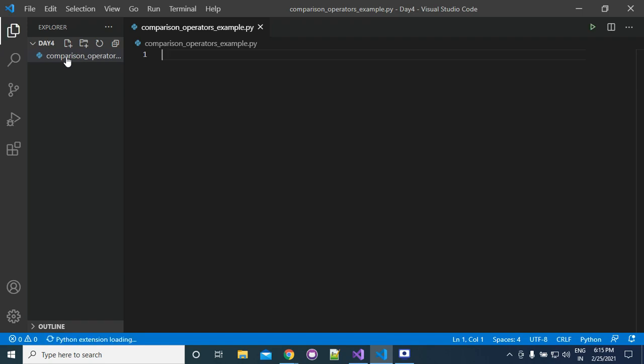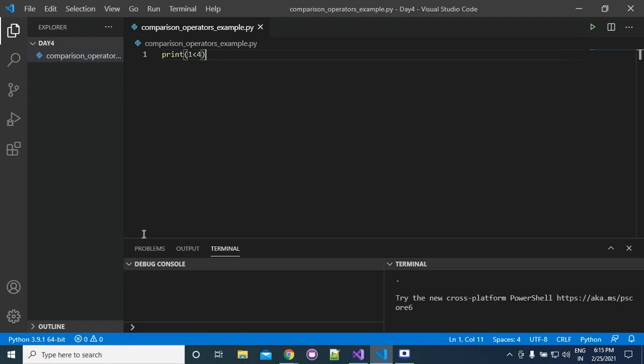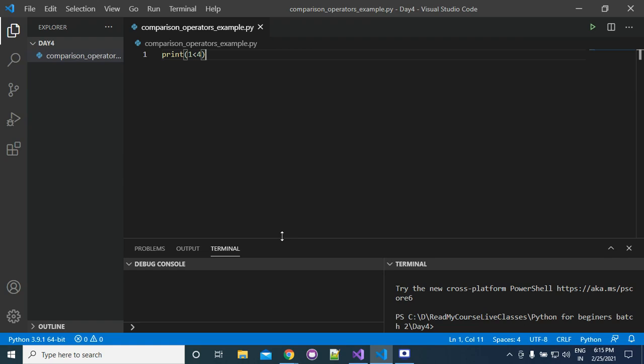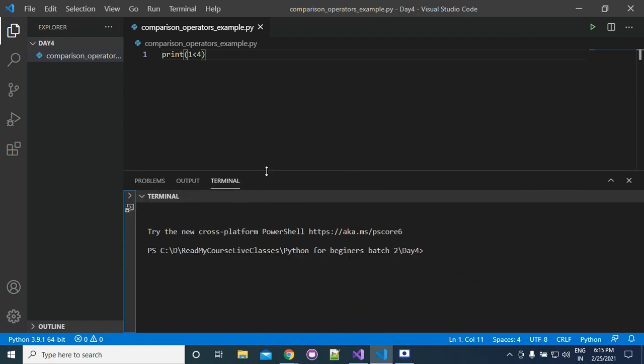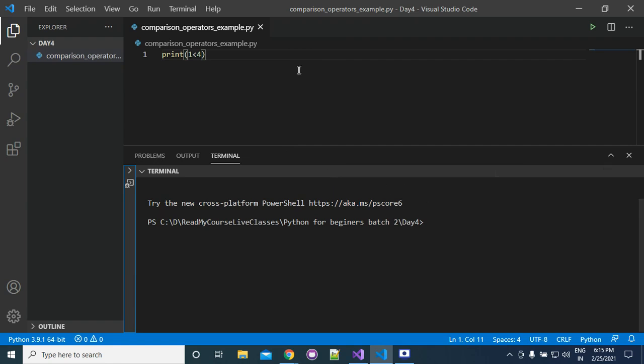If you write print 2 less than 4, the answer will be true. This is an example of a comparison operator.